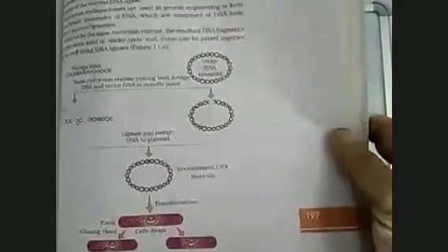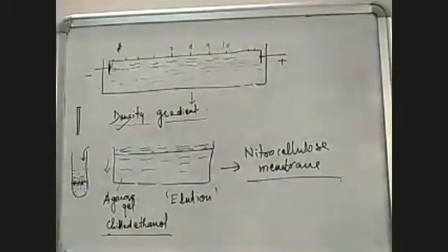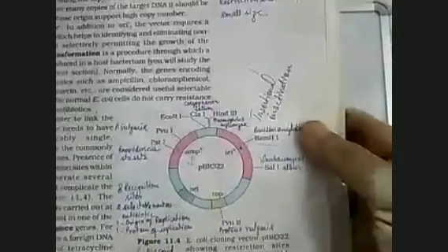This is the diagram which represents the recombinant DNA technology: how the desired gene is taken and introduced in the plasmid. Here you can see it has come into the plasmid, and then the plasmid is transmitted to the host, where it divides, and our gene will also increase in number. So this diagram is also very important from the examination point of view. And besides this, the diagram of PBR322, which is also given in the book, is important. Diagram PBR322 is 11.4.